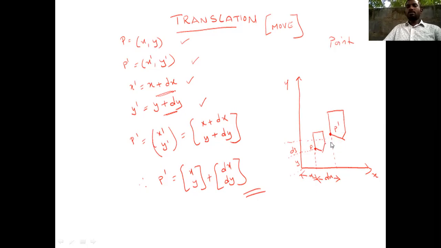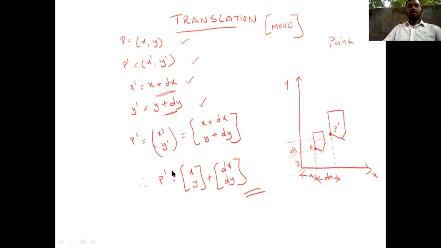So what are the directions? It is dx. Here the initial one is x, so onwards it is dx. In the y direction, it is dy. Okay, clear. So x and y, the initial one is the x and y positions. When this object moves some distance, the position changes. So that is why it is dx and dy.